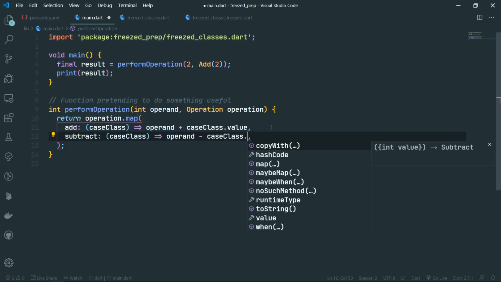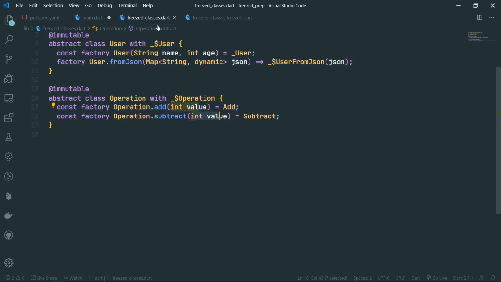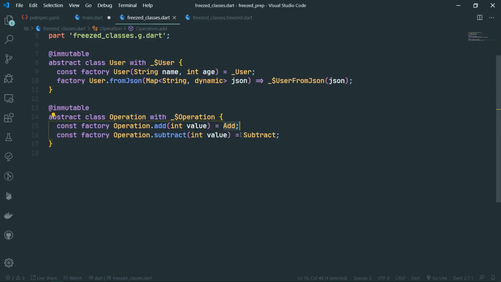We can access also the copyWith method. We can also map through the case class itself. We can convert it to string. We just have the fully blown case class, which is actually also a data class, because if you take a look at this, add and subtract case classes are really the same thing as is the user class in the case of the single case union, you could call it, because data classes with Freezed are really just unions